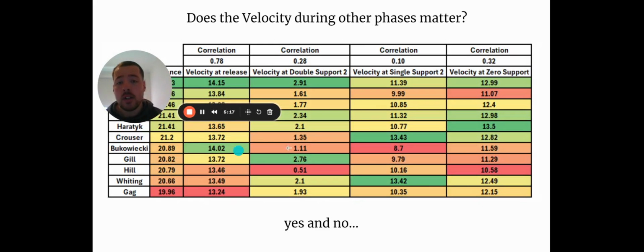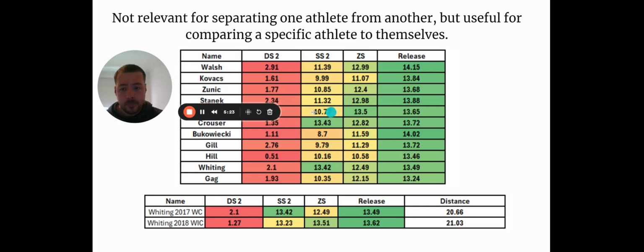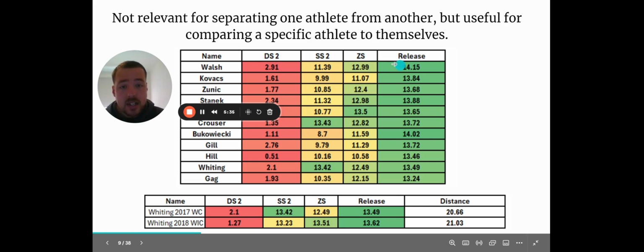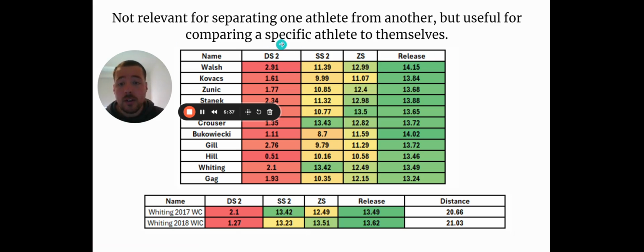We can't use that data over here and look at single support and say this person won, because it's not correlated. However, it can be really good at determining an individual's throwing strategy or variation from one throw to the next for the same person. So when we look at all these people here, we see a distinct strategy of acceleration. From double support to single support to zero support to release, we see a consistent acceleration of the shot through all those phases. Now, where that gets interesting is we look at the case of Ryan Whiting here